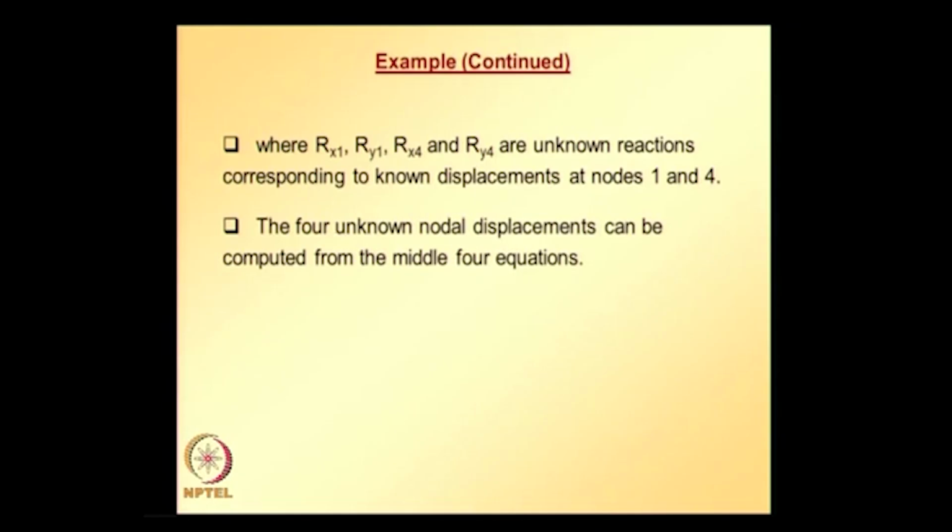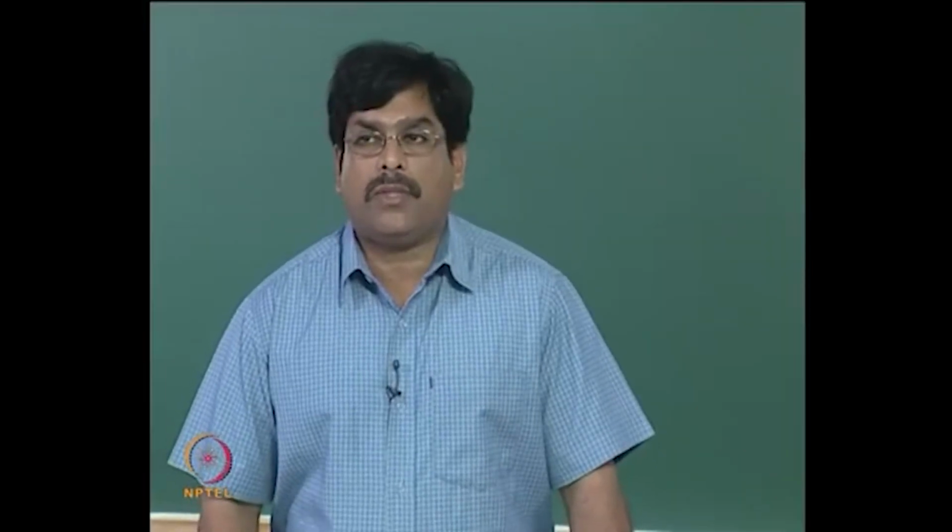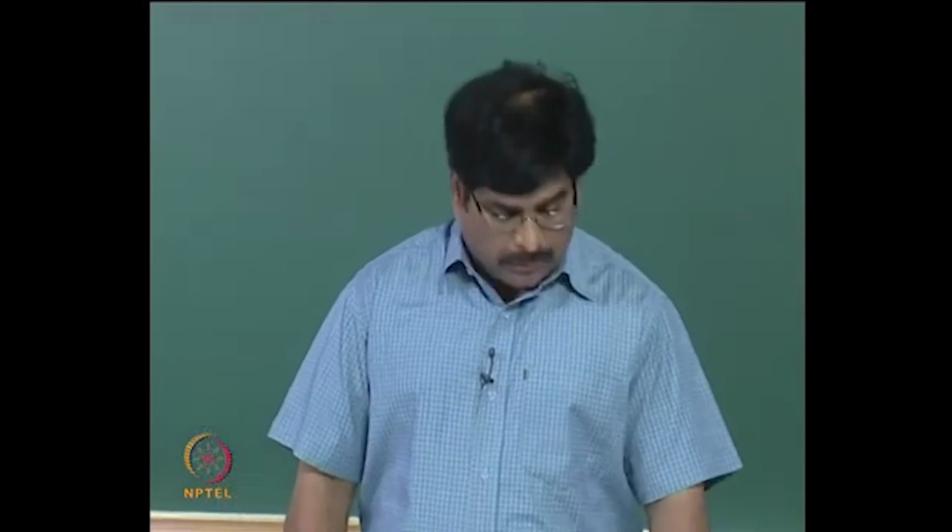And if you see that global equation system, 4 unknown nodal displacements are required to be calculated, u2 v2, u3 v3, and these can be calculated from the middle 4 equations, and eliminating the rows and columns in the global equation system corresponding to 0 degrees of freedom, we